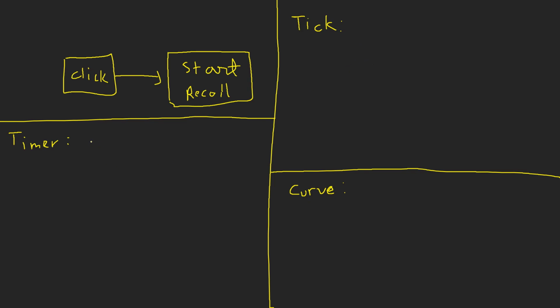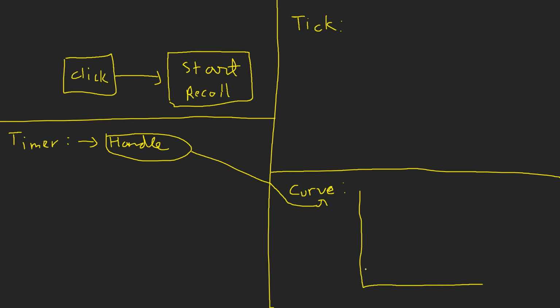Now inside the timer function, what this basically does is we'll be having a timer handle. So from this timer handle, what we'll be doing is we'll actually be retrieving the value on this curve. So what I basically mean is, let's say we have this curve over here, just as an example. So this is going to be a vector curve. So it means you'll be having x, y, and z, but we'll be using only the y and z, by the way.